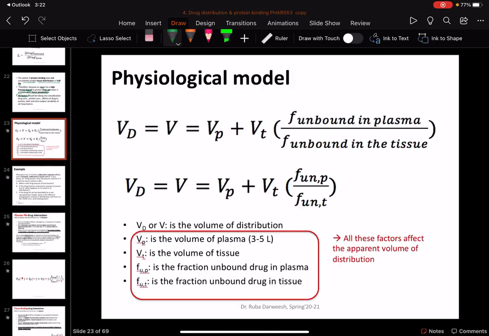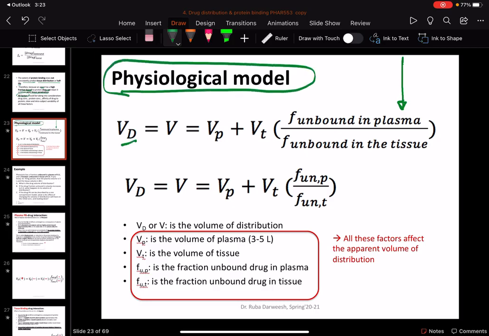So for the physiological model, there are so many steps before reaching that equation. But as we are just talking about the concepts here, rather than why we reach this point, we will talk a little bit in the second part about one side of this equation. But at this stage, I want to show you one physiological model of the volume distribution, aberrant volume distribution, which